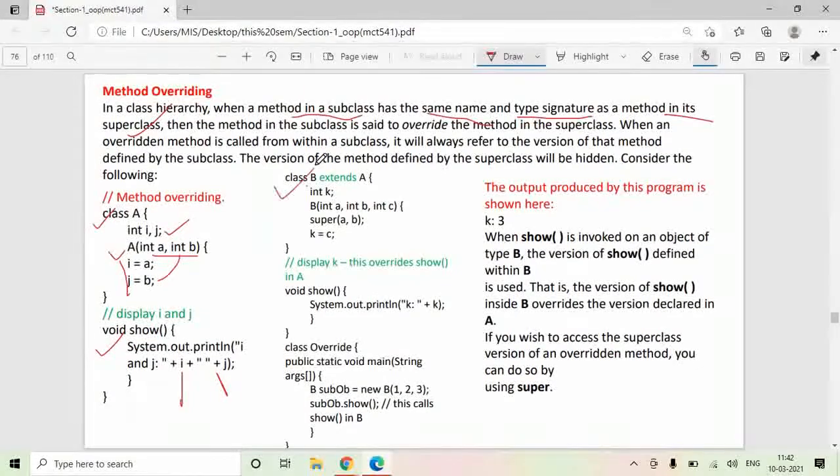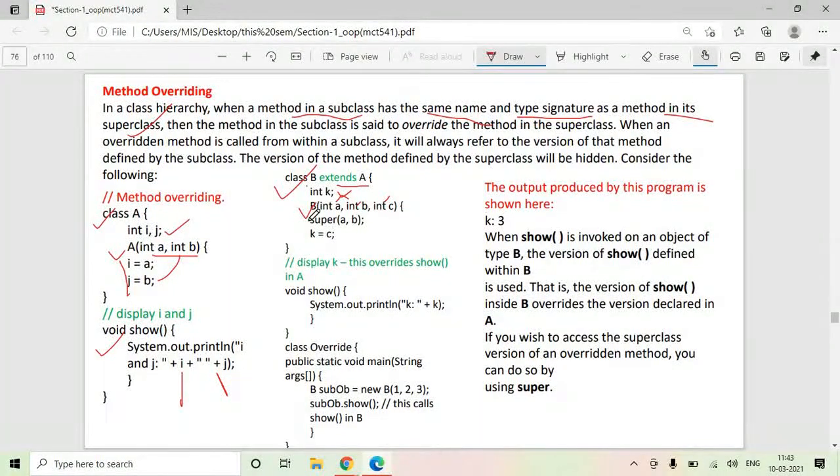Now in another class, class B, you extend A. Class B inherits class A. There is a variable, integer k. You have a constructor for class B which accepts 3 arguments from the user.